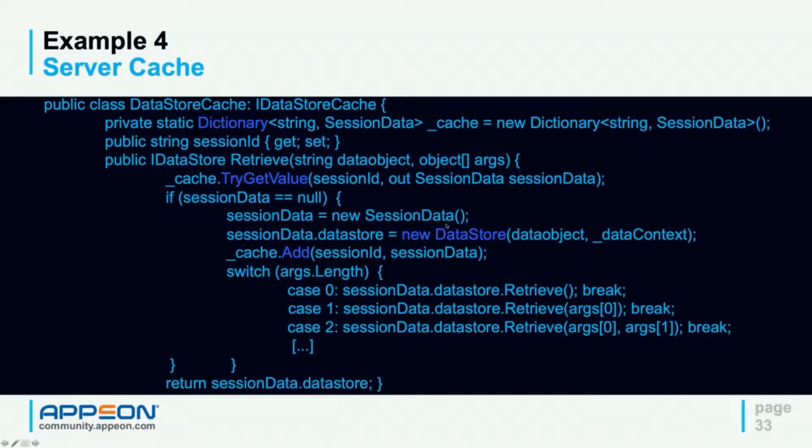If no result, the data store is initialized with typical PowerBuilder syntax: new data store, data object name, and data context, the equivalent of the transaction object. The newly created data store is thereby added to the cache and retrieve is executed here